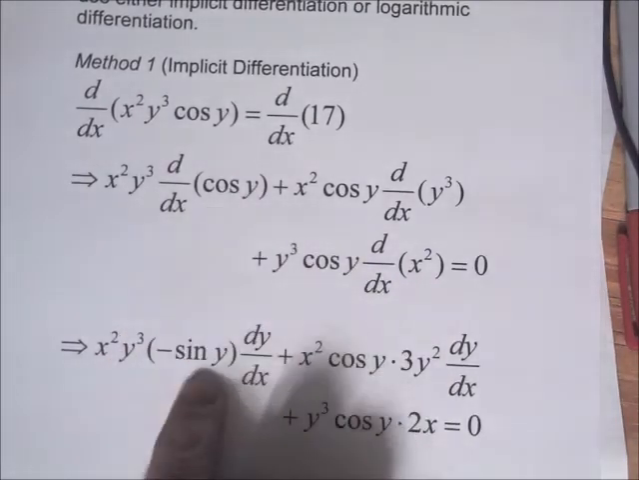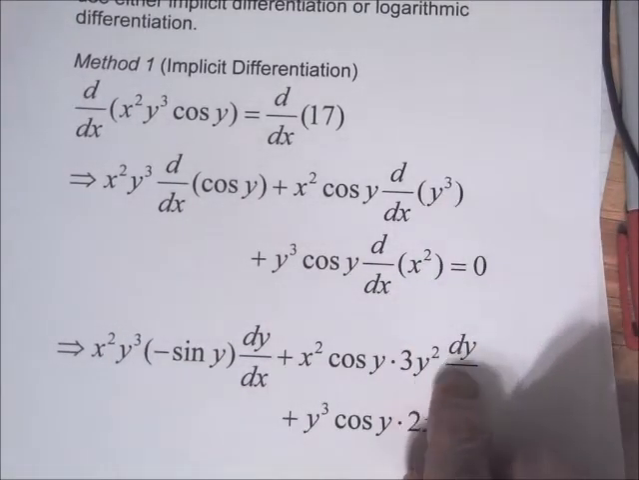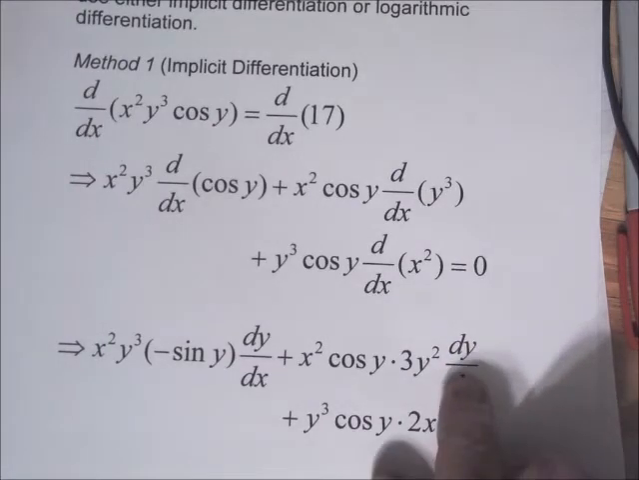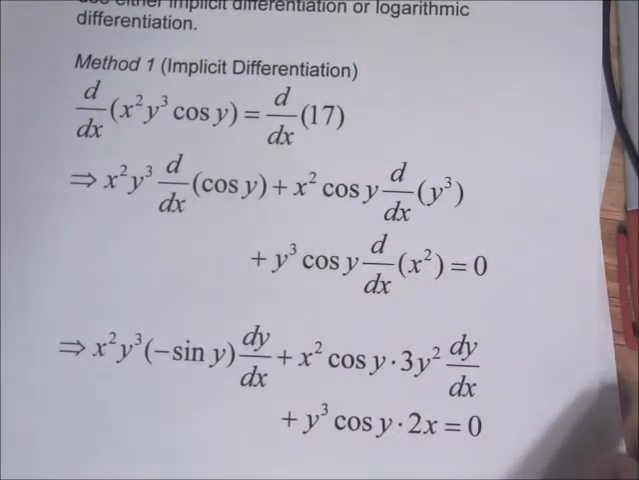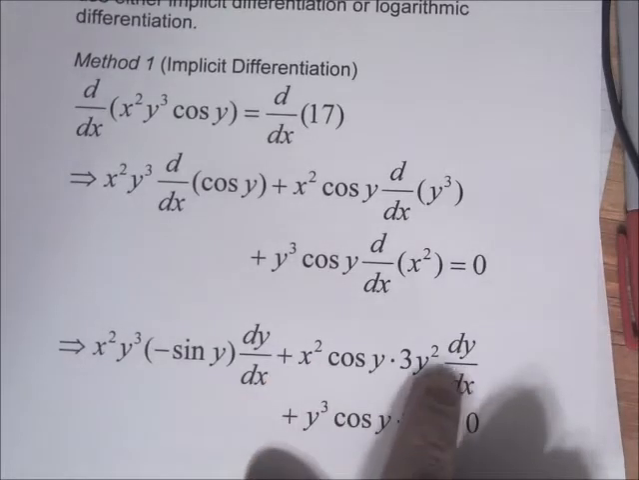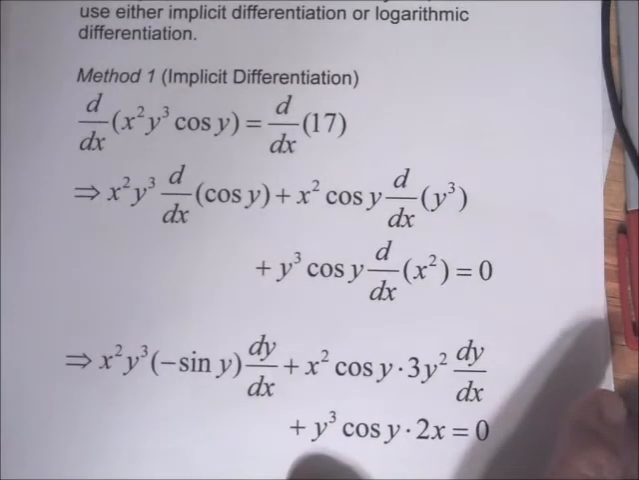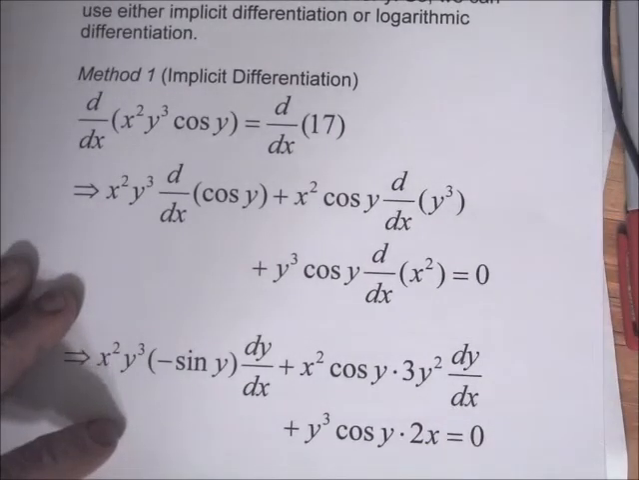The derivative of cosine is minus the sine. The derivative of y cubed is 3y squared, and then you have to multiply by dy/dx because it's the chain rule. And the derivative of x squared is 2x. So we have two terms with the dy/dx. We want to combine those two terms. We can move those across the equal sign, and so we get